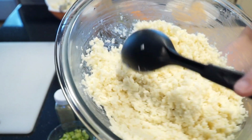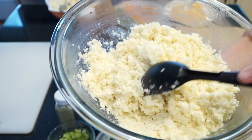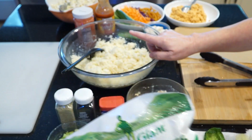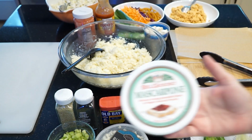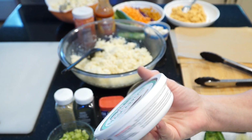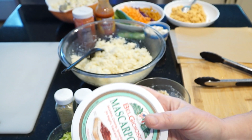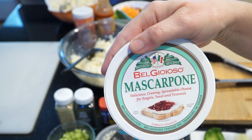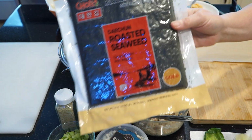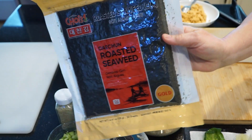So my son came up with the idea of us using cauliflower rice and some cream cheese. I got mascarpone cream cheese because it has no added sugar. And then adding a couple of tablespoons of monk fruit to it to mimic the sweetness of the sticky rice. So it's 3 packs of steamed cauliflower rice, 1 container of mascarpone cream, and 1 to 2 tablespoons of monk